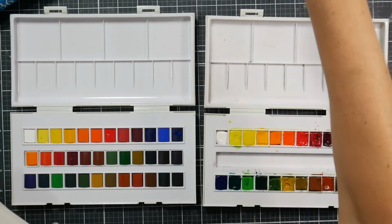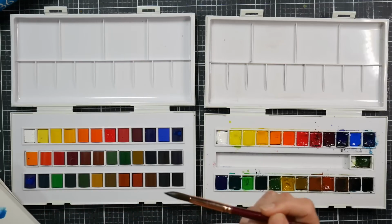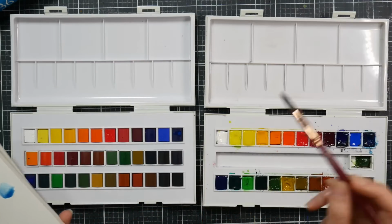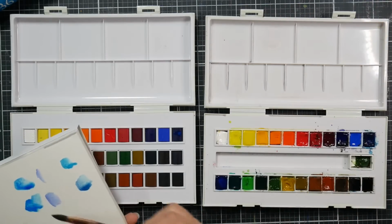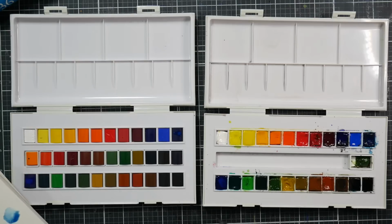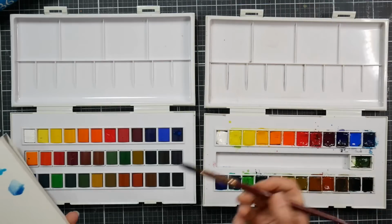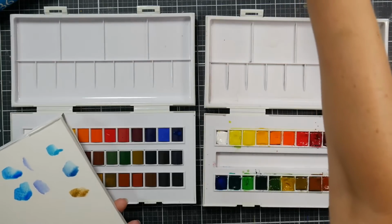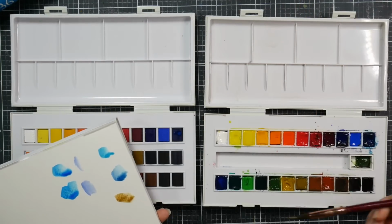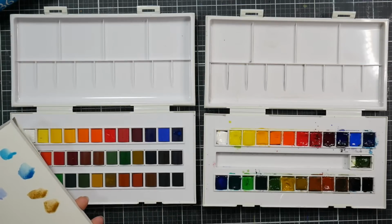I just want to keep them somewhat the same because that looks almost identical to that. Just because I want it to be comparable. Yeah, that seems like the same color. I'm just going to see if there's any other ones that look like they might be off. Not off, I mean, you can have your paints in whatever arrangement you like. Ooh, that's a kind of a pretty color. What I'm noticing though is my older paints have this beautiful glossy texture to them. And I'm just wondering, seems like I have...